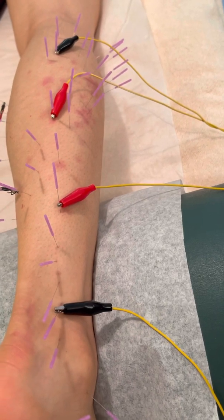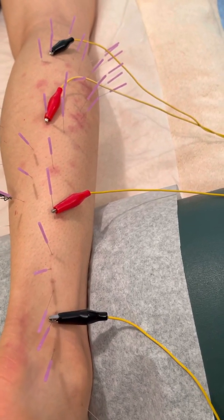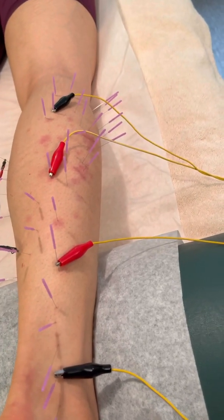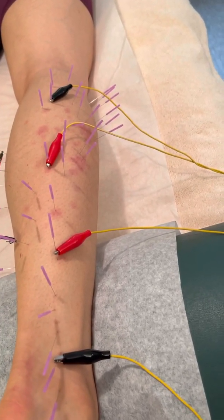And I'm just going to do the one on the inside of your leg, because the one on the outside is going crazy. It's not too much? No, this is good. And when it's this strong, I'm not going to leave it on too long. But again,